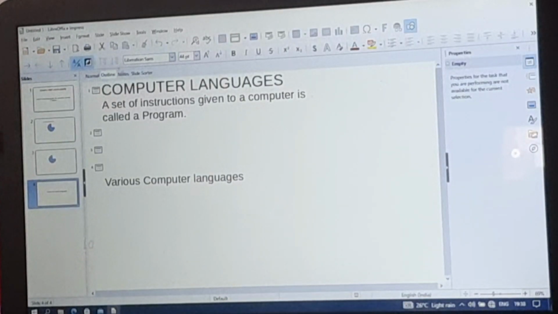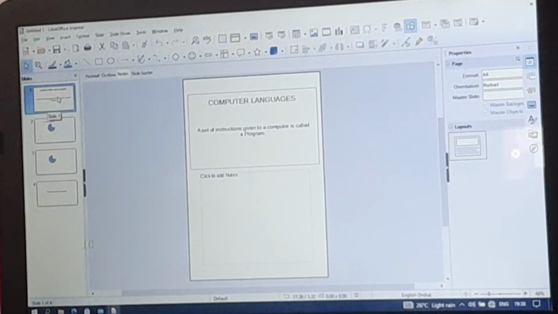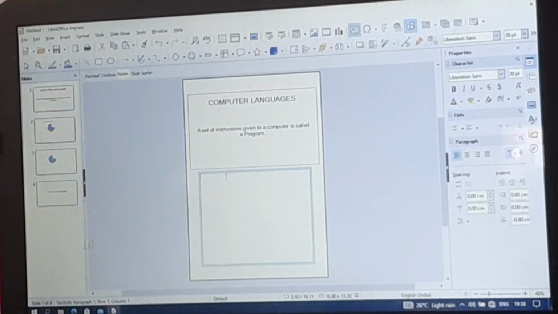And the next one is the notes view. Here we can add notes regarding each slide. Suppose I have taken this slide, and based on this slide I can add any additional notes here. This is additional information for the presenter while presenting, because this will not be displayed in the presentation.